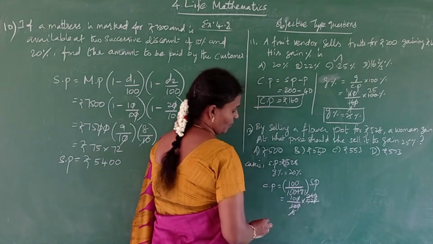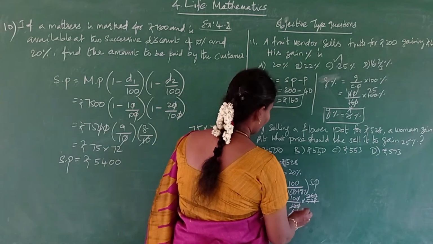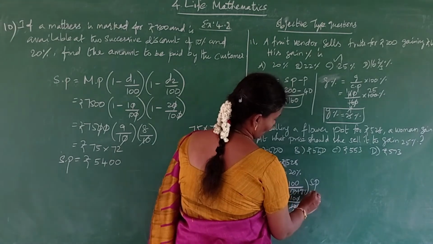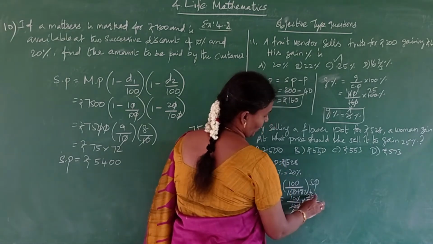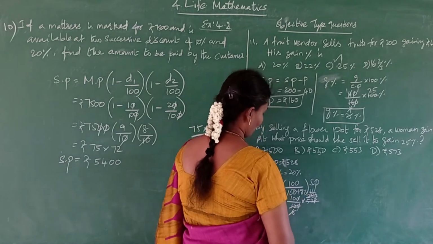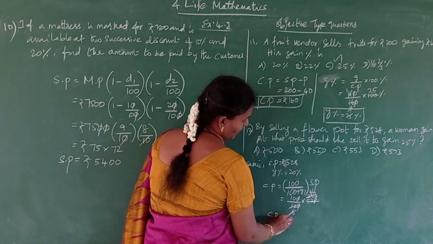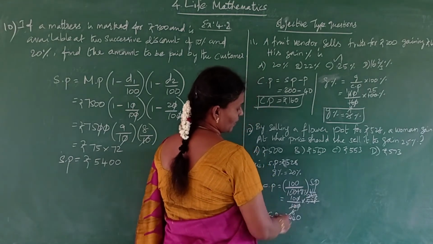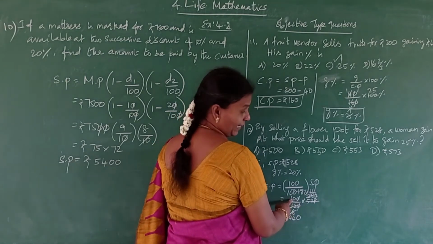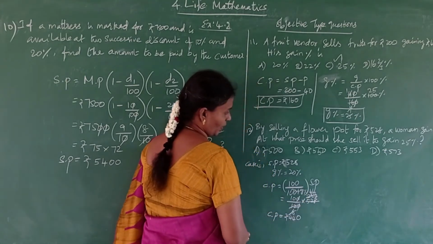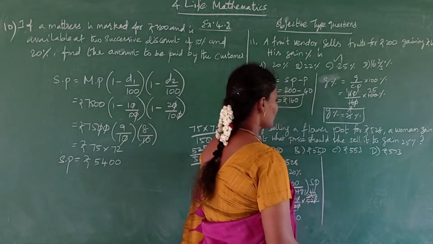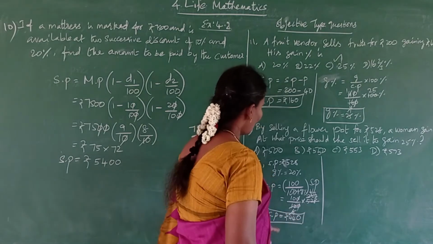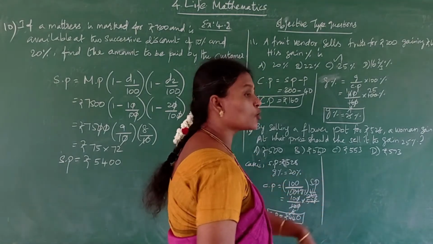Okay. So here how many 6? 6 3s are 18. Okay. 6 4s are 24. Remaining 24. So again 4. Okay. So cost price that is equal to rupees 440. Here 44 no. So 44 here multiplied by 10. So that is cost price is 440. Okay. Now see this is CP. This cost price you have to use in the case 2.